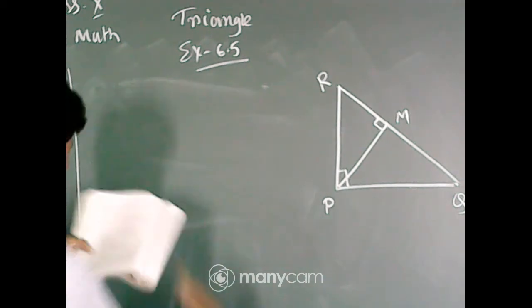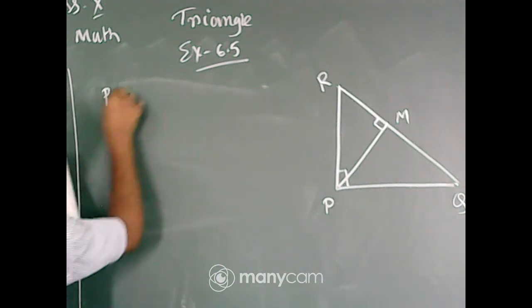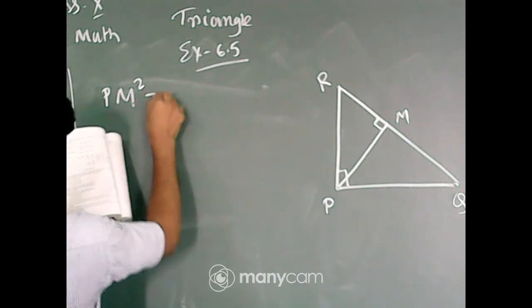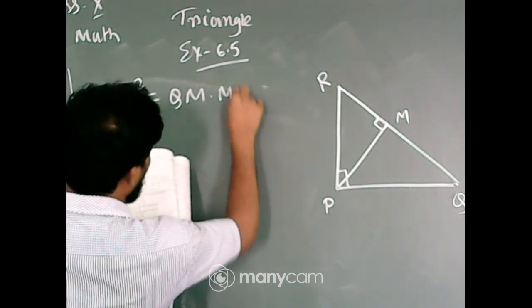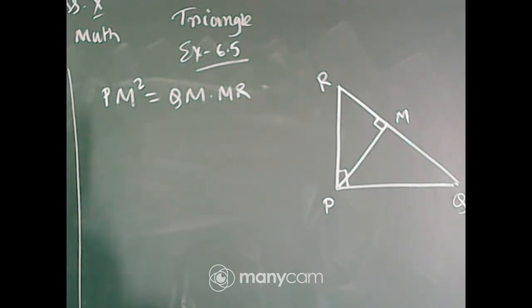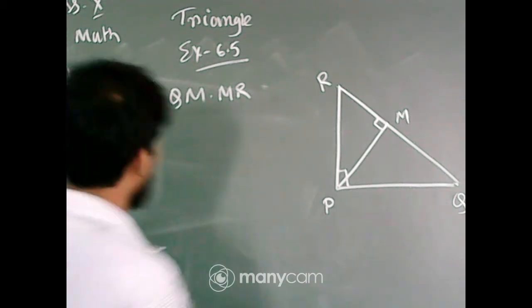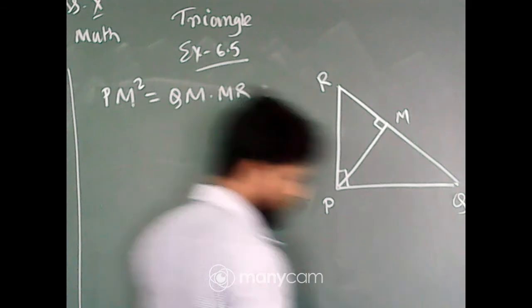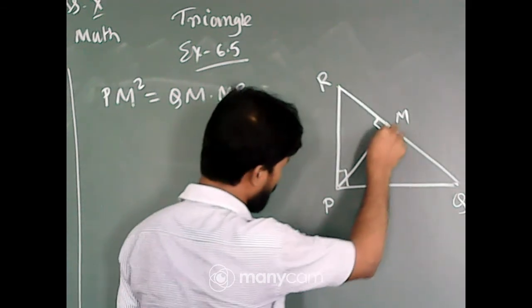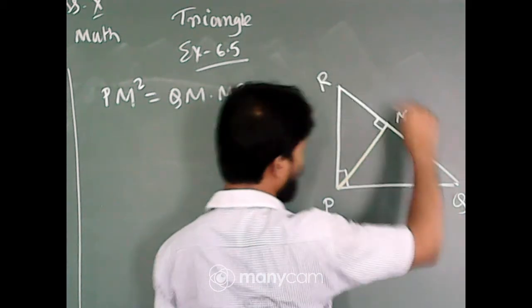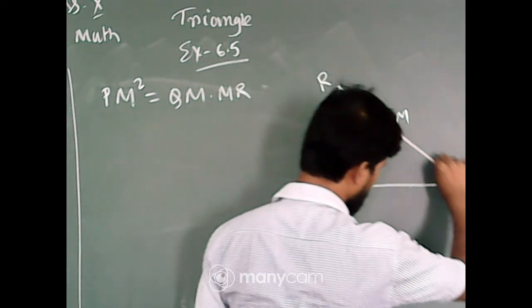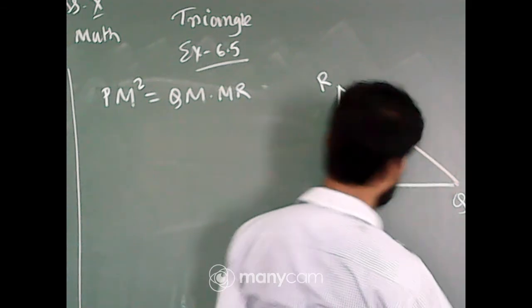So what you have to prove? We have to prove that PM square is equal to QM into MR. PM square equal to QM into MR. Clear? So look, we have to prove the square of this side is equal to QM, which means this, into